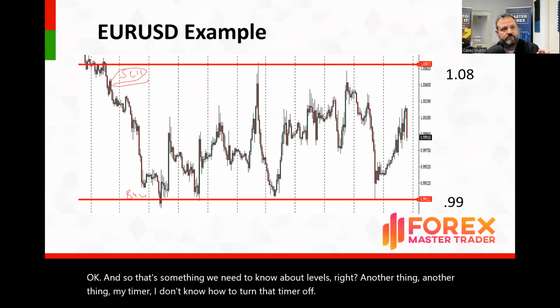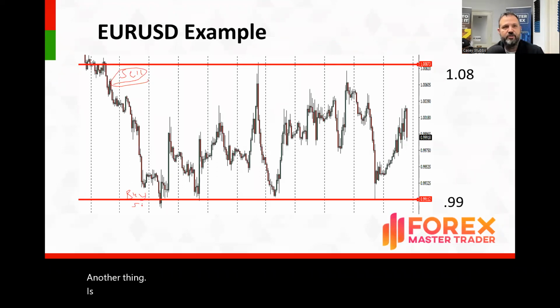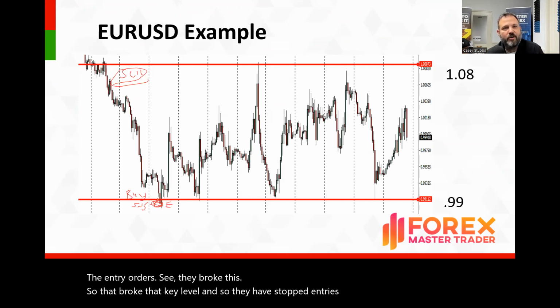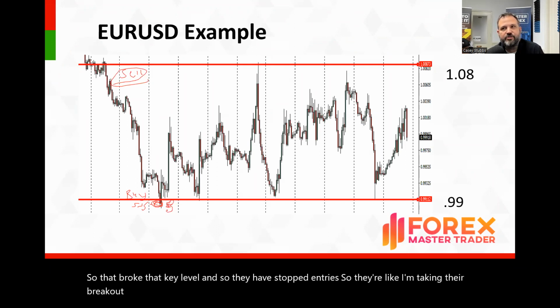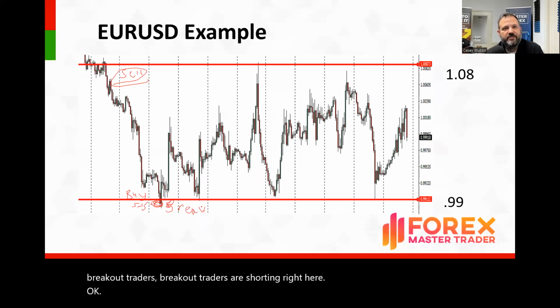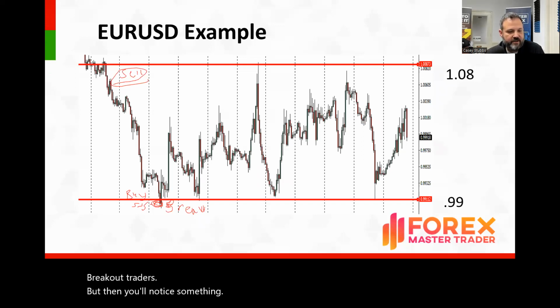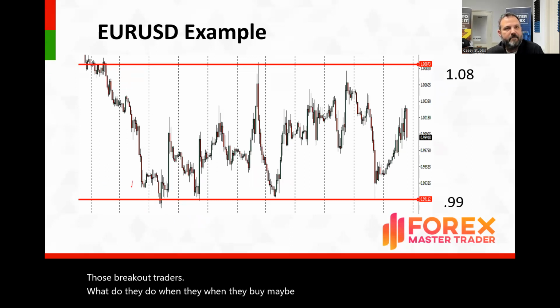Another thing is the sell orders. There's two kinds of sell orders here. There's people that have the entry orders. See, they broke this. So that broke that key level. And so they have stop entries. So they're breakout traders. Breakout traders are shorting right here. Okay. Breakout traders. But then you'll notice something. Those breakout traders, what do they do when they buy? Maybe, or maybe they bought here